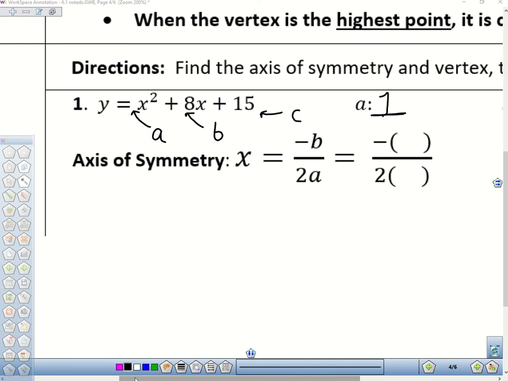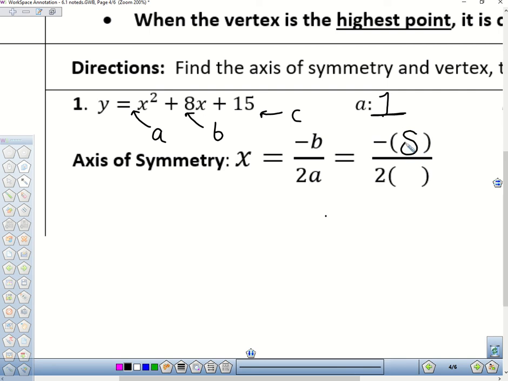Alright, so now we're going to move on to plugging into the axis of symmetry formula. So what is our B value again? 8. So it goes here. So negative 8, plugging it in,